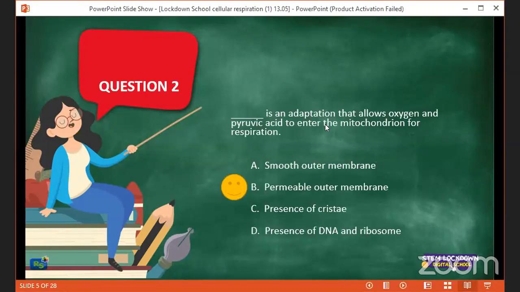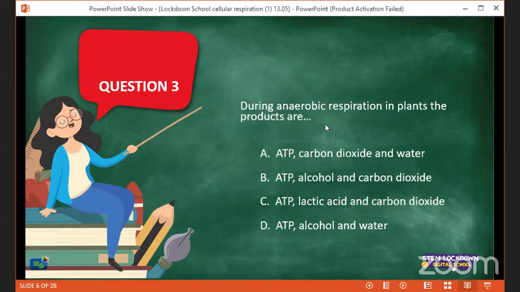Okay, let us look at question 3. So during anaerobic respiration in plants, the products are A, ATP, carbon dioxide, and water. B, ATP, alcohol, and carbon dioxide. Or C, ATP, lactic acid, and carbon dioxide. Or is it D, ATP, alcohol, and water? During anaerobic respiration in